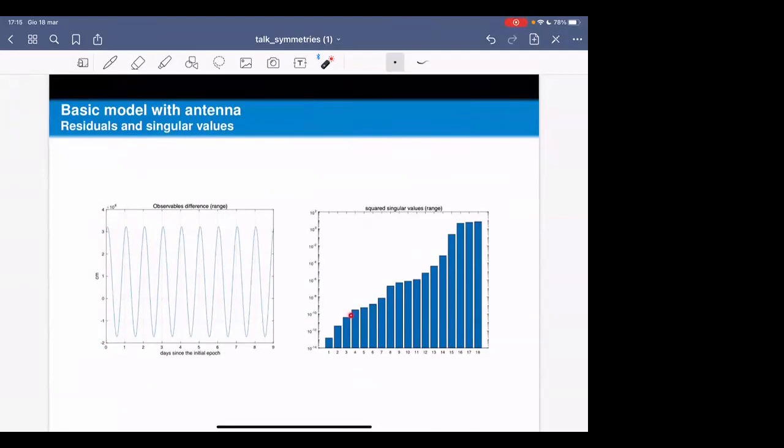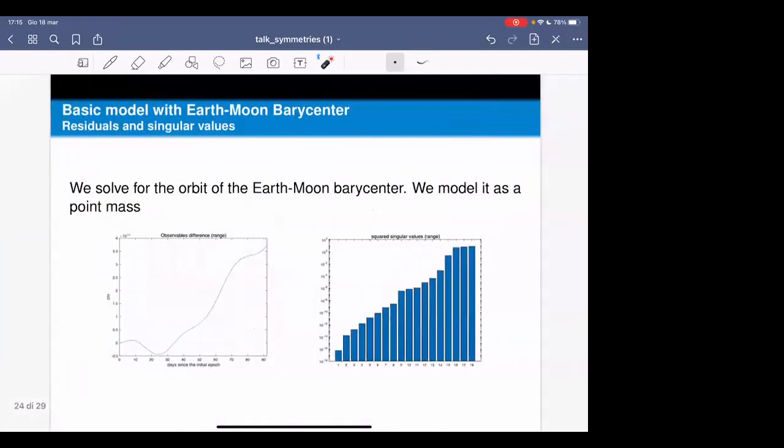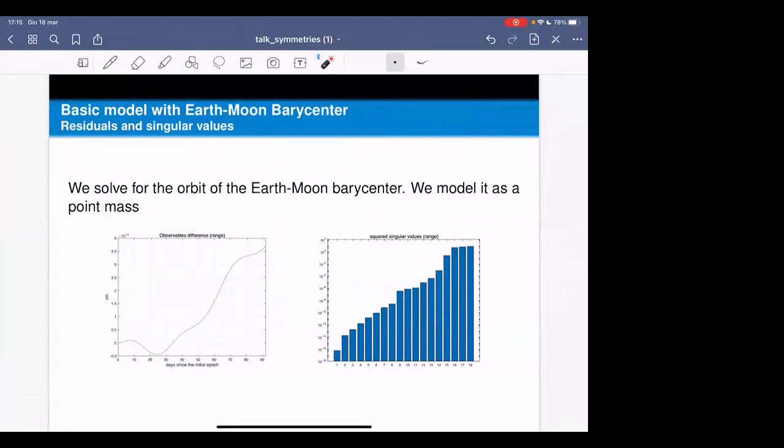And the eigenvalues, this is the part concerning only the range, but there is the same effect on the range rate. Actually, the eigenvalues become bigger. There is no clear difference. So the symmetry here is broken with just the antenna. And then we considered the fact that actually